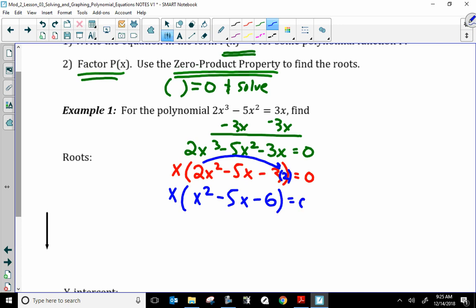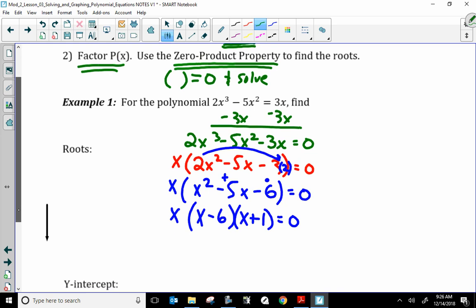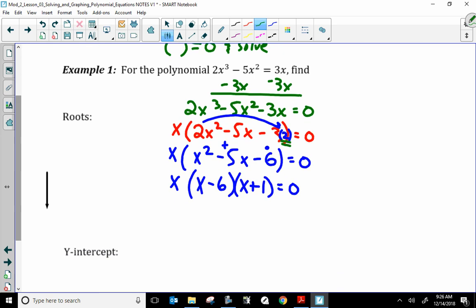This should be review for you guys. Two numbers that multiply to negative 6 that add to negative 5. Well, that would be x minus 6 and x plus 1. X just comes for the ride. And because we multiplied the 2 out, we got to divide the 2 back in. So now I have x times x minus 3. I cannot simplify this, so bottoms up,